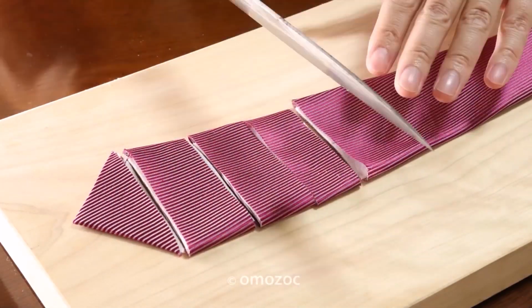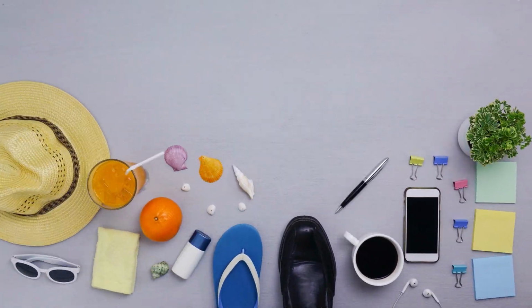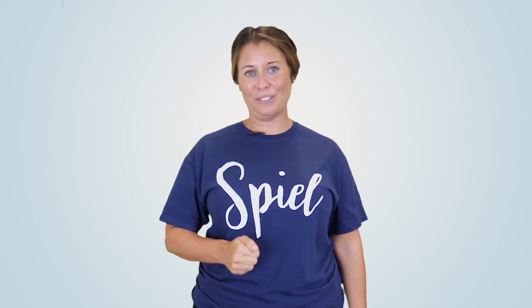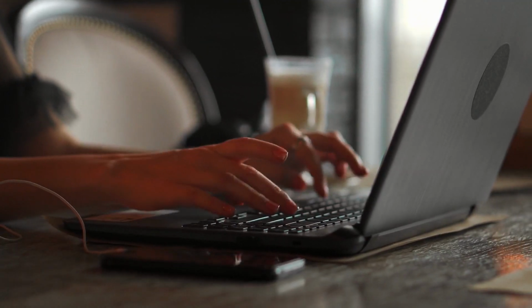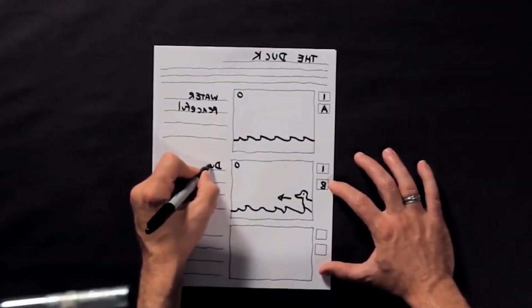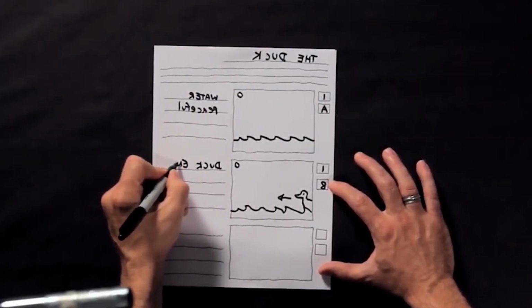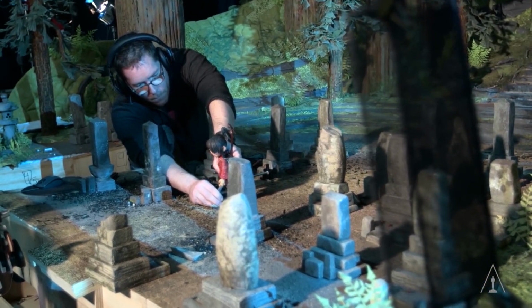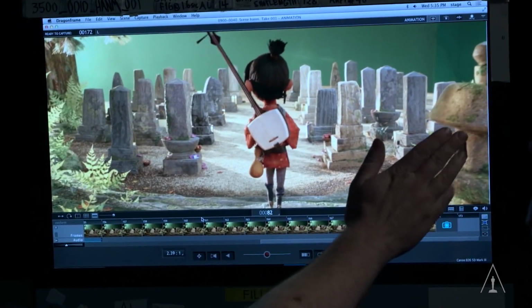So once you've decided what will be the subject of your video, the next step is to plan what will happen in your video. Now, you can do this really in any way that works best for you. But in general, if you're creating a more professional stop motion video, which will include a voiceover, you should first write the script and then record the voiceover. After this, you can then consider creating a short storyboard or sketches, which include an outline of what will happen in your video, so that when it comes to shooting, you have a good idea in advance as to exactly what you need to do.